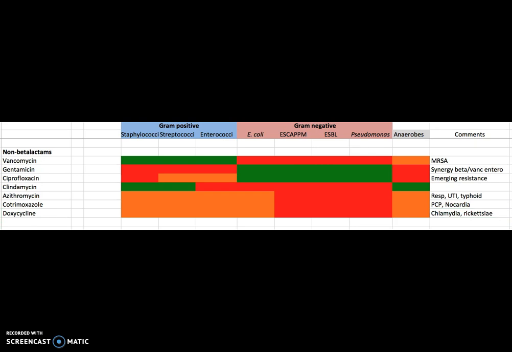The other non-beta-lactam of note is metronidazole, and metronidazole is the best anti-anaerobic agent. So for patients with intra-abdominal infection, oral pharyngeal infections, anywhere there's an anaerobic component, metronidazole is usually used. Unfortunately, metronidazole doesn't have any activity against the aerobic organisms, so there's no activity against staph, strep, enterococcus, coliforms, or pseudomonas. These organisms are usually present in these mixed infections and require coverage with additional antibiotics.